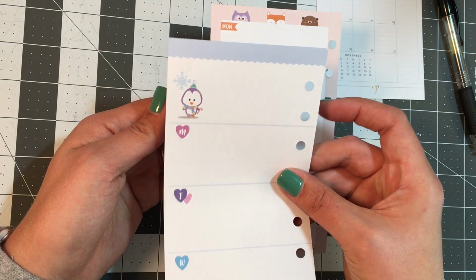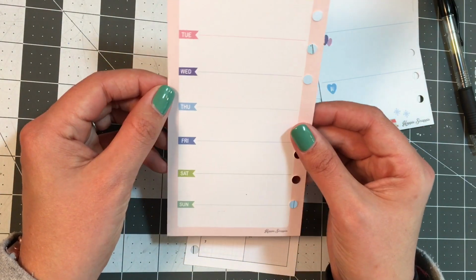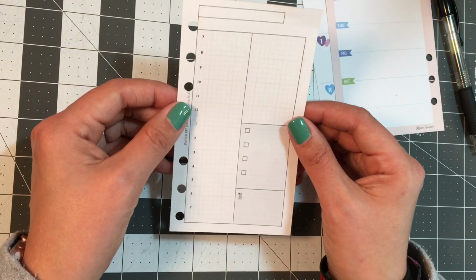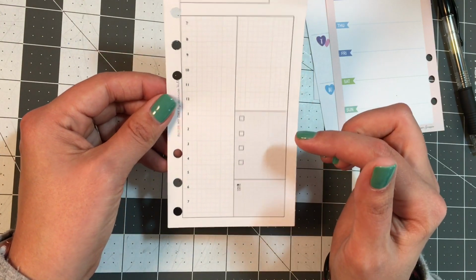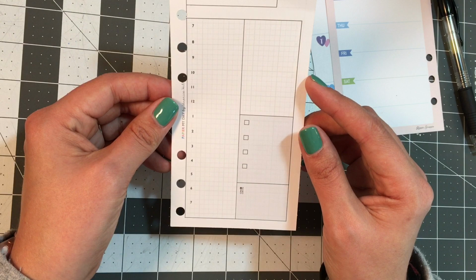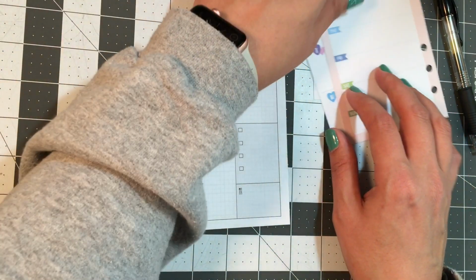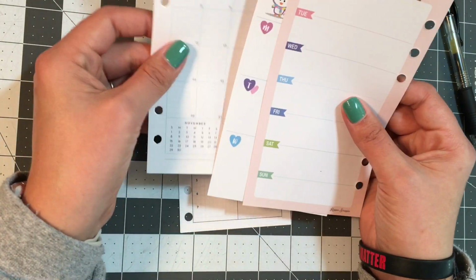This one is a Happy Scrappy insert. And then I have a horizontal week on 1 page. This is also a Happy Scrappy insert. And finally, I have a day on 1 page insert. This is one I printed myself, and it was a printable from Papier My Day on Etsy. So I'm just going to take a brief look at each of these and some ideas for how to letter